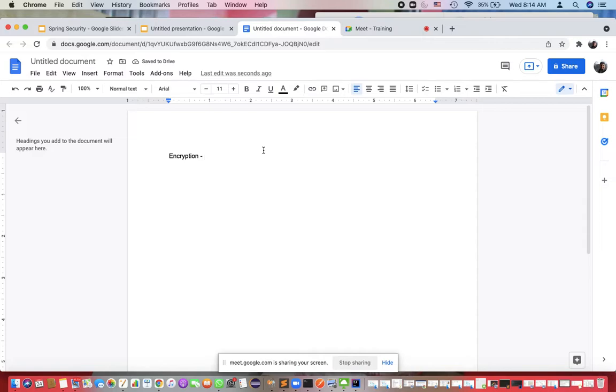Okay. So what do we know by encryption, right? Encryption is like there are lots of algorithms, right? And using some algorithm and using something as a key, you encrypt the data, right?